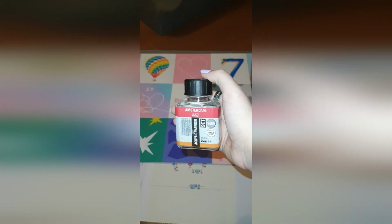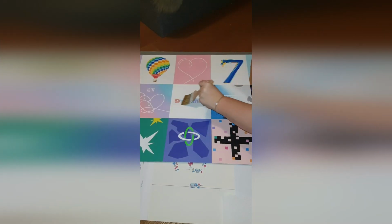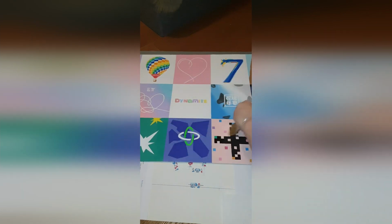And first is using this acrylic varnish. It's a satin one, and I don't know why I filmed this because this is acrylic paint and it doesn't do the cool thing like oil paint does, but it still helps to protect the painting, so that was an important step to do. Next was lining up my posters into the folder, the biggest ones,